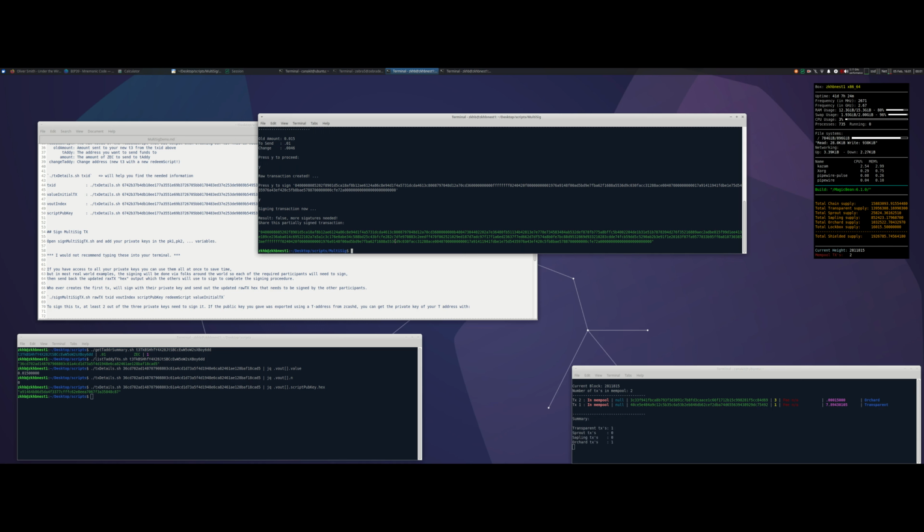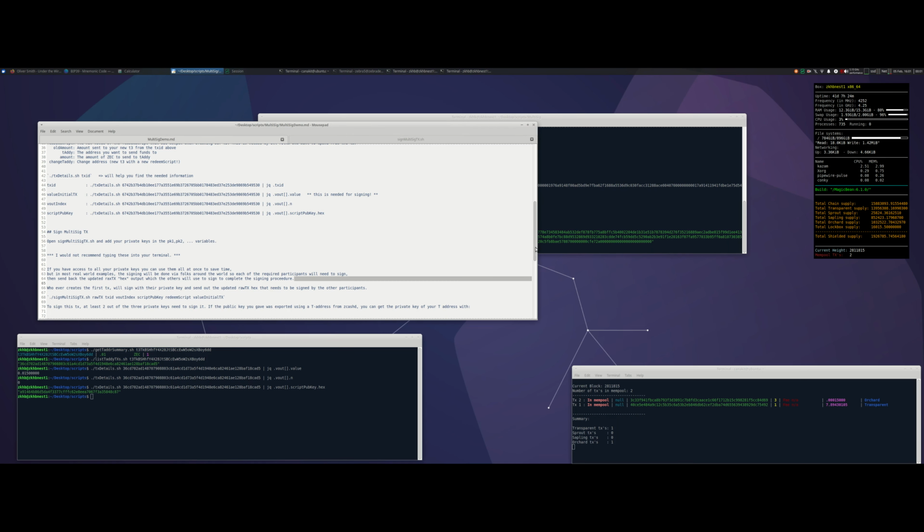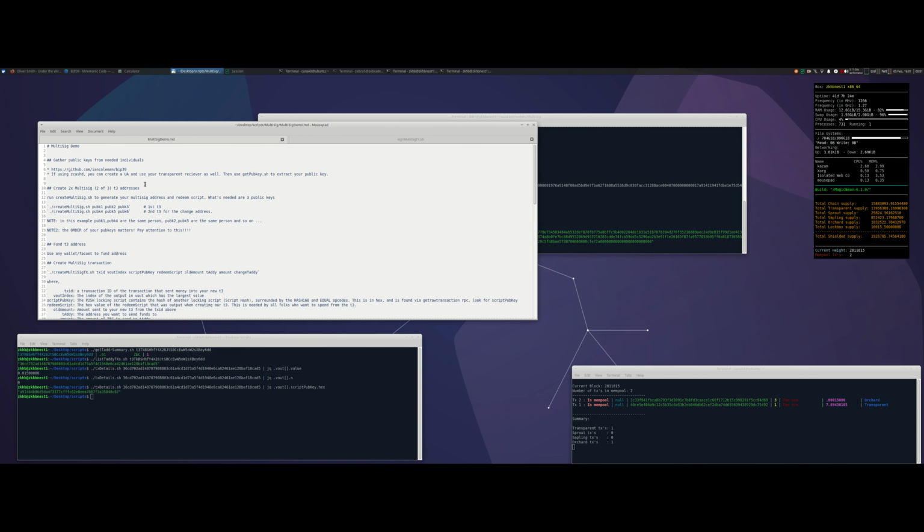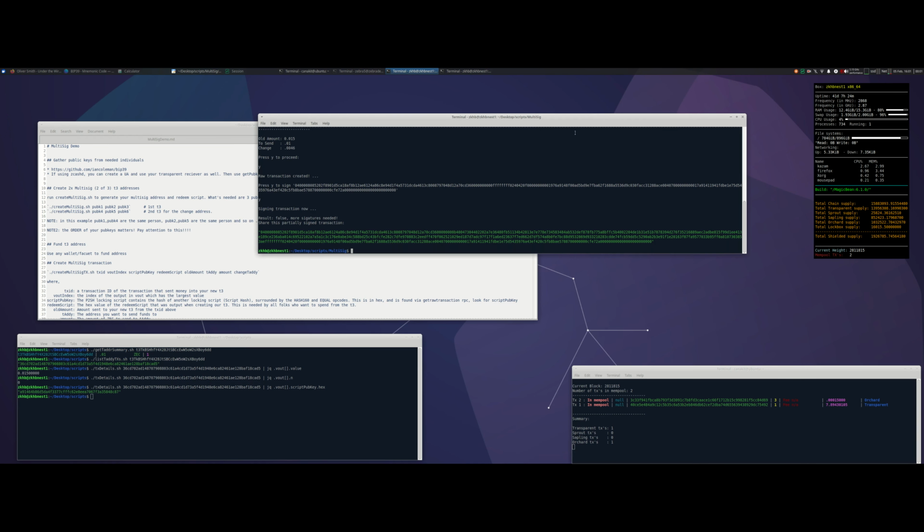Result, false, more signatures needed, and it gives us an updated raw transaction hex that we need to send to the other parties to sign. Because if you remember, the initial setup here is a 2 out of 3, so we need at least 1 more signature, otherwise this transaction will not send properly. So to do so, we're going to sign